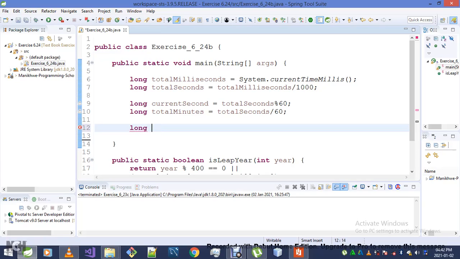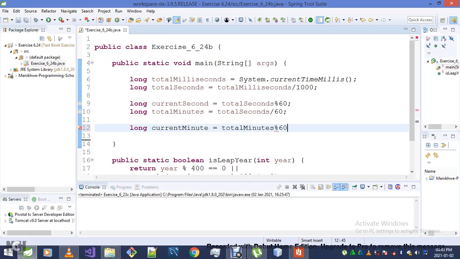Okay, current minutes, I'm using the long data type for the sake of avoiding a compile error. Okay, so current minutes is gonna be given by total minutes